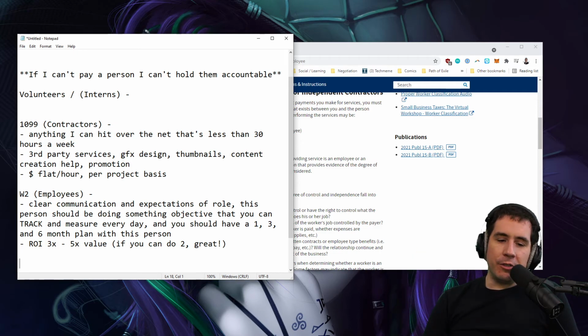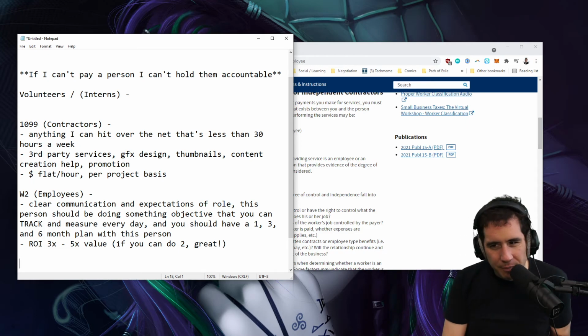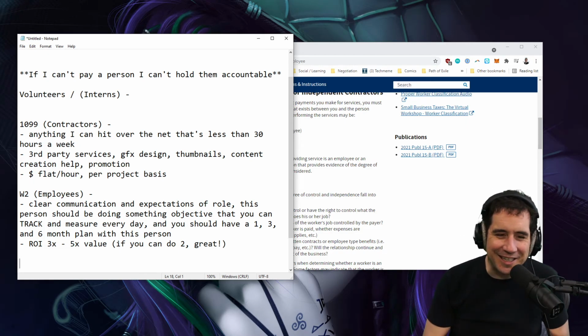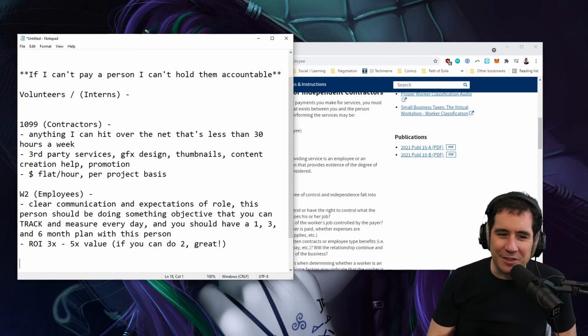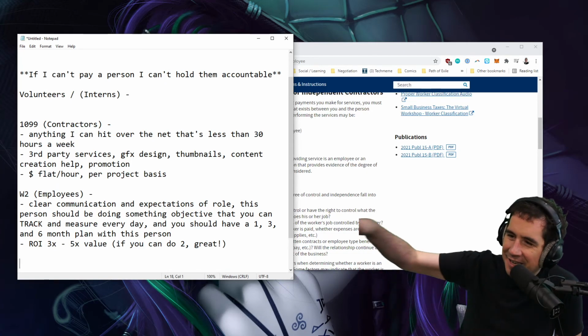So when you get a W-2 employee, I always feel having a W-2 employee is a very heavy weight. And when I talk to a lot of other business owners, they don't share this, and I get a little worried. There's either an ego thing, where they think, oh yeah, I have staff, I got people, they have that mentality.